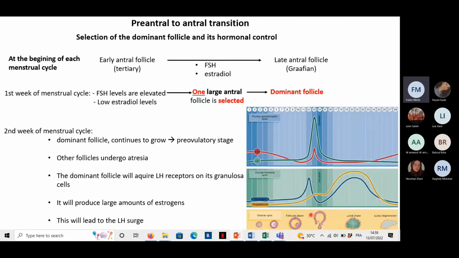We can see here that directly after this peak of estrogen, we have a peak of LH at day 13 before the ovulation. We have also a peak of FSH because we have a positive feedback on the anterior pituitary gland and the hypothalamus. But this peak of LH will have very important consequences on the further steps